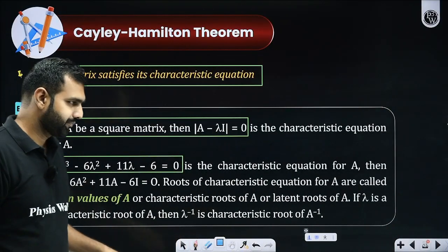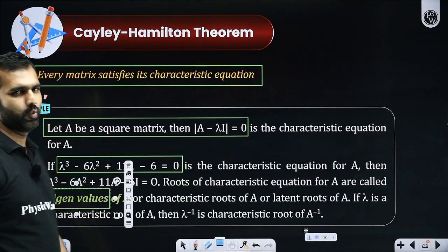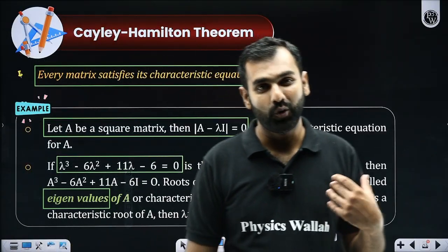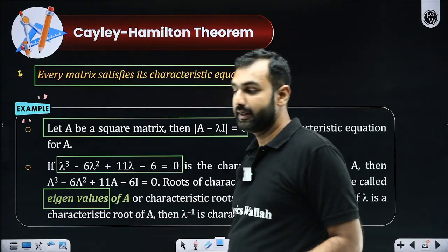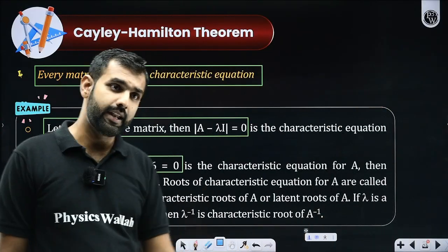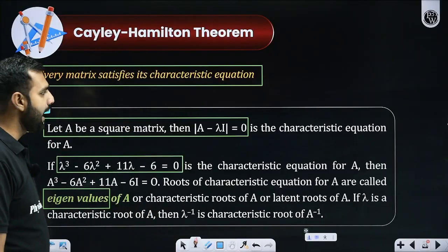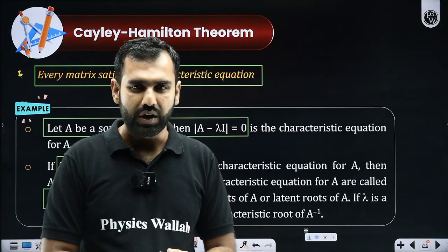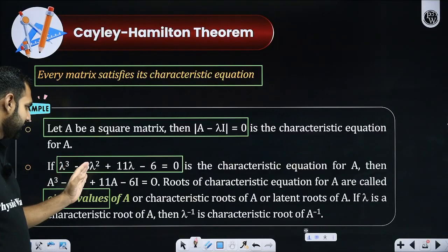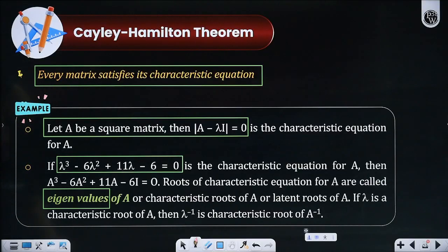So now I will introduce one more terminology, which is called eigenvalue. Why, sir? First of all, let me tell you what it is, then I'll tell you why and how and properties and everything. Don't worry about that. And the applications and the usefulness of it, I'll make you explore every single thing. But right now, first of all, let's understand that let's say I got this matrix A's characteristic equation as lambda cube minus 6 lambda square plus 11 lambda minus 6 is equal to 0. Let's say I got this. And when I solve this, of course, I'll start getting the values of lambda.